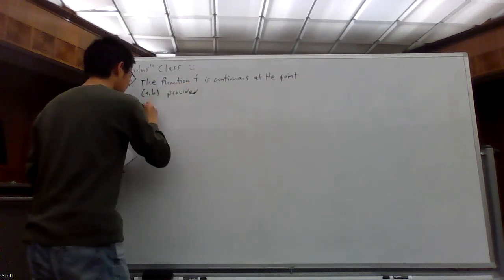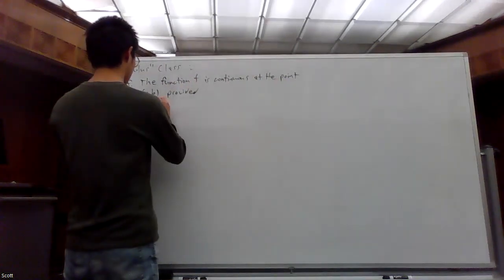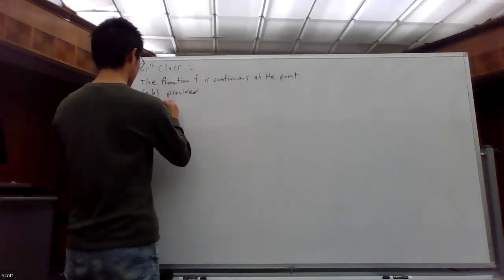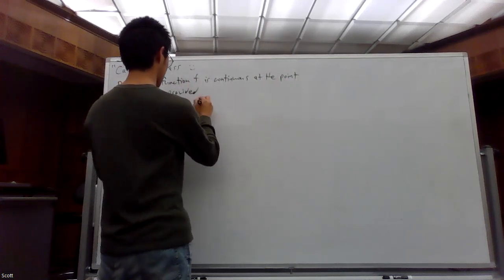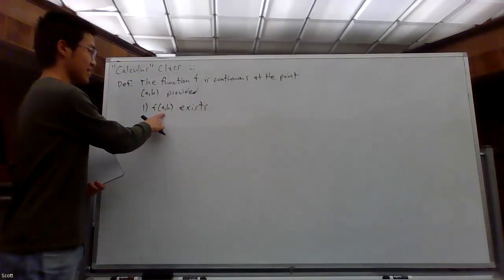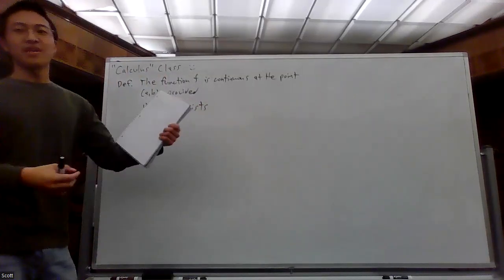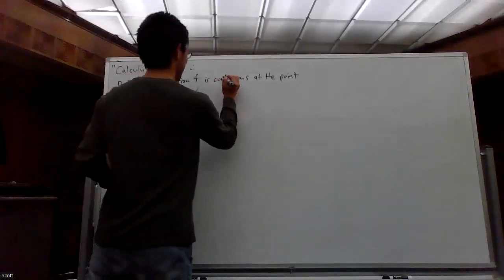And so the easiest way to do this is as a checklist, having experimented many different times with presentations of this definition, this seems to be the most effective. First of all, if you plug it in, it better exist. If you just plug it in and it's gone, then, not continuous. That's a pretty easy thing to justify.